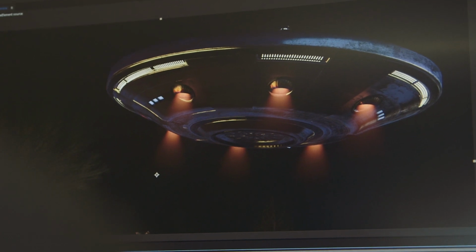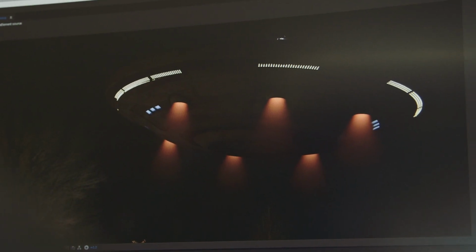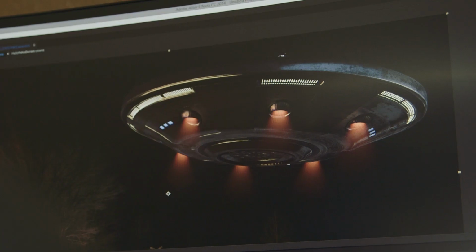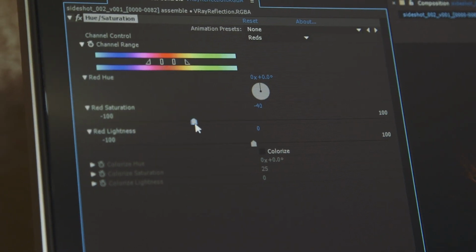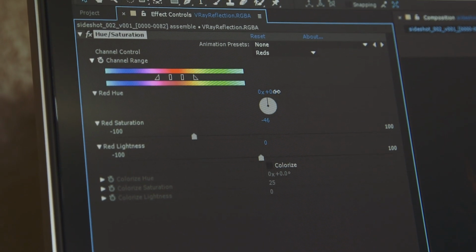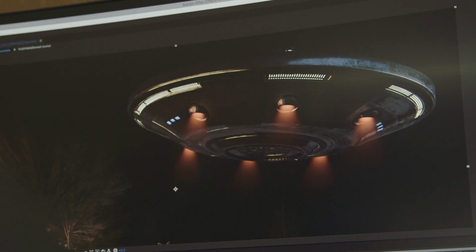For example, most of the renders had a really strong orange or blue reflection. If we just rendered it as is in a single image sequence, it'd be really difficult to change the colors of those reflections without affecting the rest of the model's colors as well. But since we have that reflection pass, we can just change the hue, saturation, opacity, or even brightness of just that layer instead of the whole thing, and this makes it much more flexible. So as a director, I can come in and ask for changes that Stark can make easily without having to